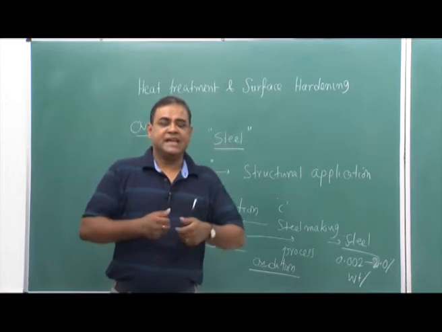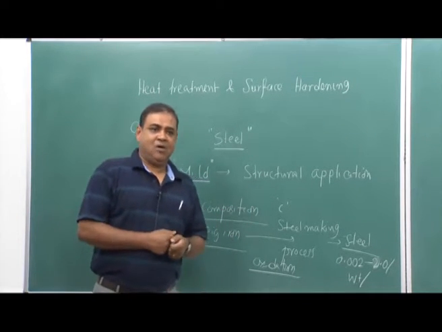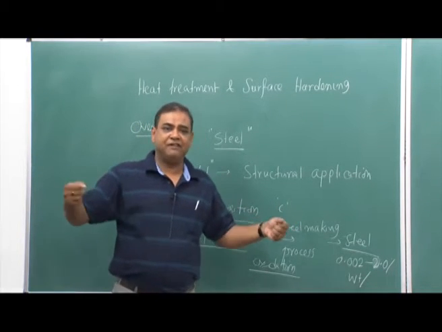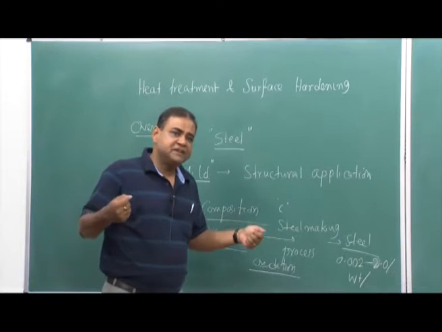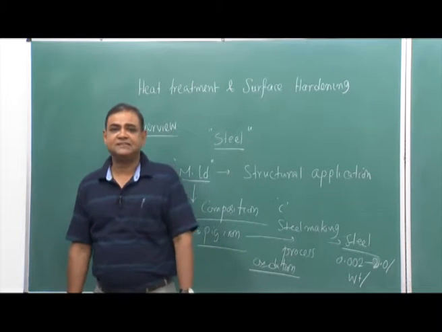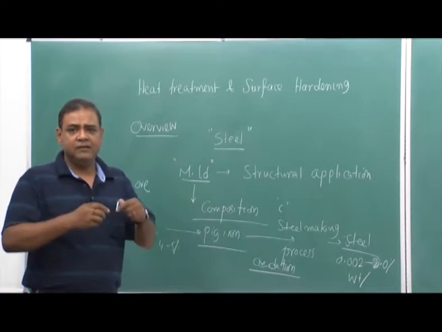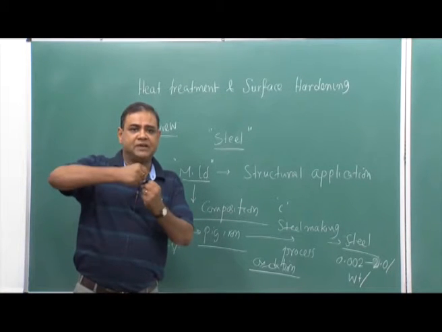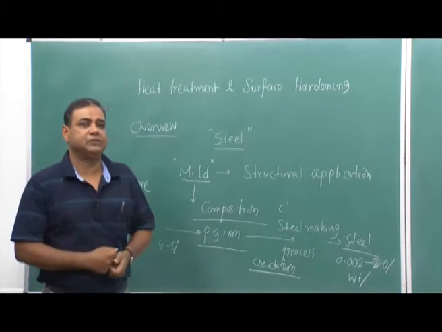Malleable means it can be taken into the form of plates, or it can be very ductile, meaning it can be drawn into wire very easily. And why can it be drawn into wire very easily? Because its yield strength as well as tensile strength are on the lower side, and the percentage elongation, that means when you draw it, the uniform elongation you can provide to that particular steel